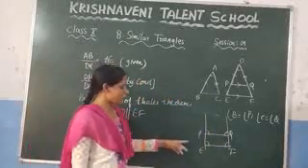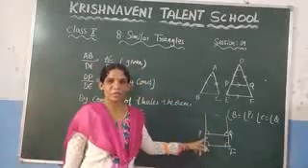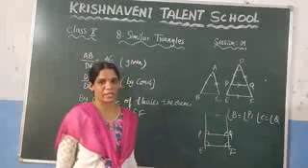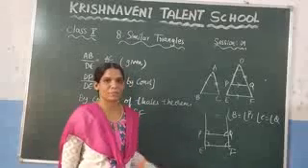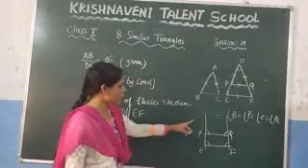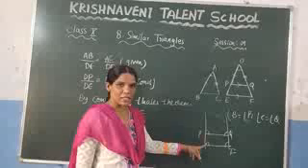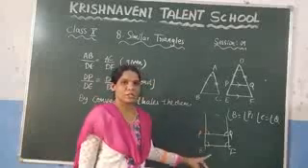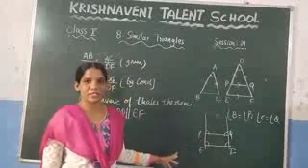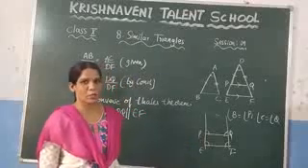Yesterday in class we also discussed what we call these angles. We call these angles the corresponding angles, right? What are corresponding angles? The angles lying on the same side of the transversal. You can observe that they lie on the same side of the transversal, and one is interior and the other is exterior. So if these conditions are satisfied, we can say that those angles are the corresponding angles.